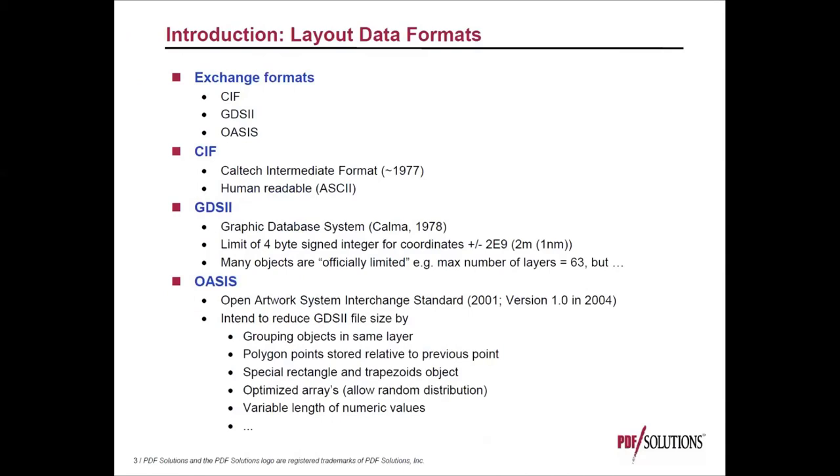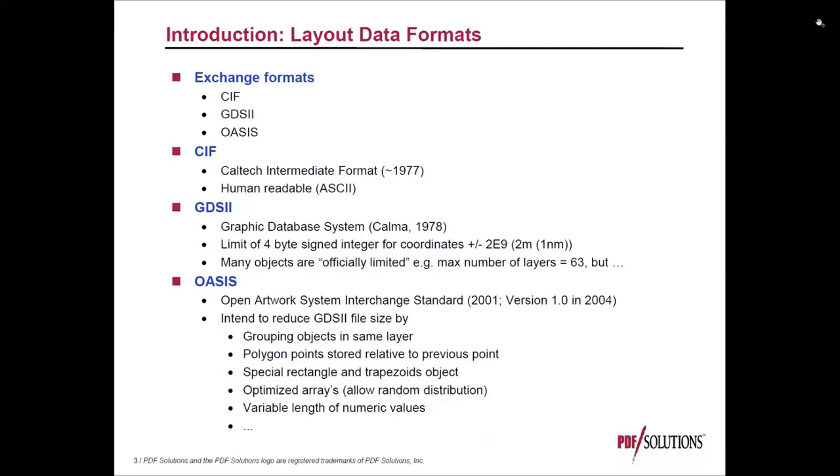So there are quite a lot of exchange formats. Noteworthy are probably CIF, GDS2, OASIS. CIF is the Caltech Intermediate Format. It's from 1977 and still used. It's an ASCII format, easy to write, easy to generate. It's probably good for small things. If you want to try something out, simply write a CIF file and read it in. I see it especially at universities a lot,